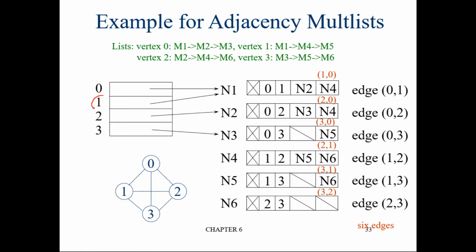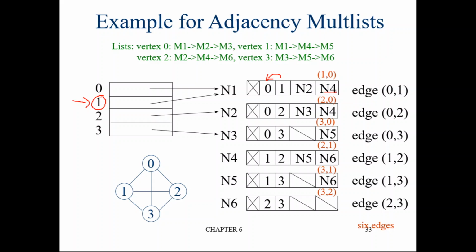Now take 1. Now the source is 1. Be careful. 1 is also pointing to n1. Now the source is 1, so you should not take this as 0 to 1, you have to take it as 1 to 0. If it is 1 to 0, you have to follow which pointer? n4. Because now the source is 1. So we are done with 1 to 0. You follow the pointer corresponding to 1 to 0, that is n4.